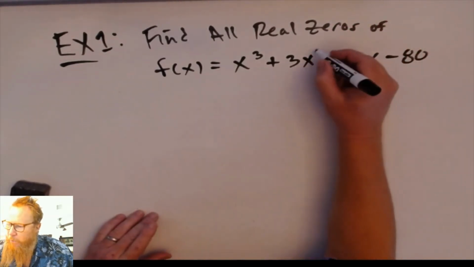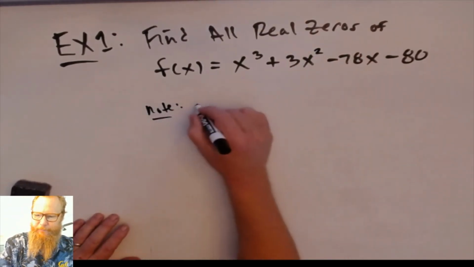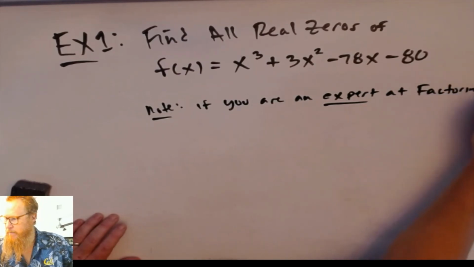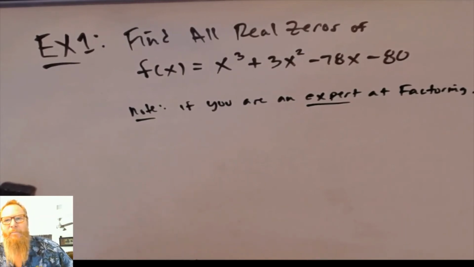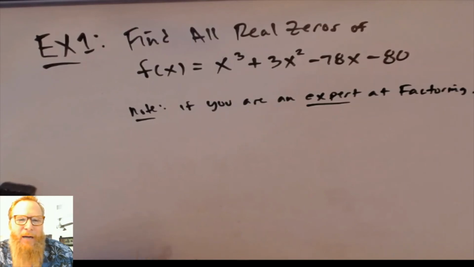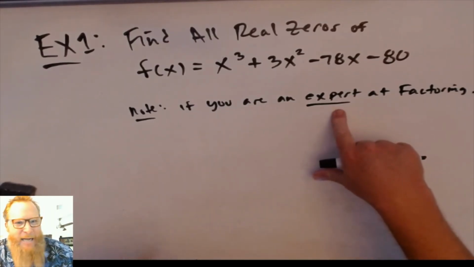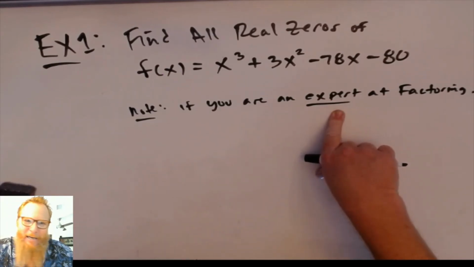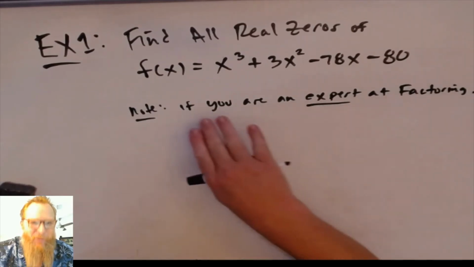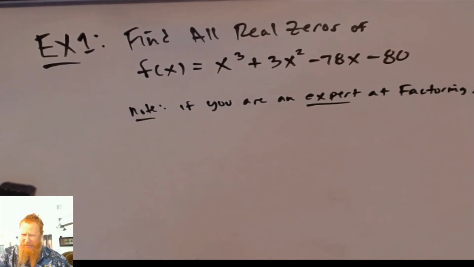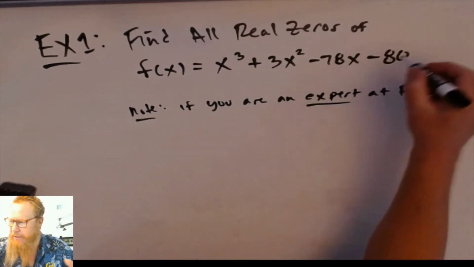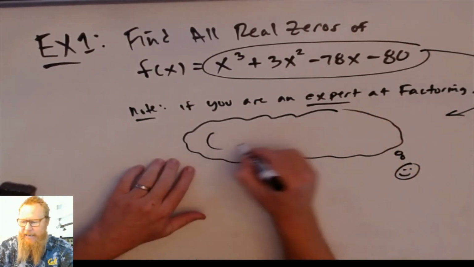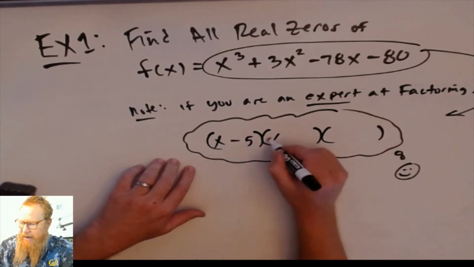Now, if you are really, really good at factoring, and I'll give you a little disclaimer, I guess. Nobody's good enough, right? I mean, I've been doing this for 30 years, maybe even longer, and I'm not even an expert. Factoring is so complicated that you could spend the rest of your life studying it, and you will still not be an expert. So this really is sort of a disclaimer in that if you think you're so good at factoring that you can just do it, then by all means, there are a few problems in which you can just take the original problem and say, I studied mathematics, I learned all these techniques, and I can just go like this, x minus 5, x plus 4,